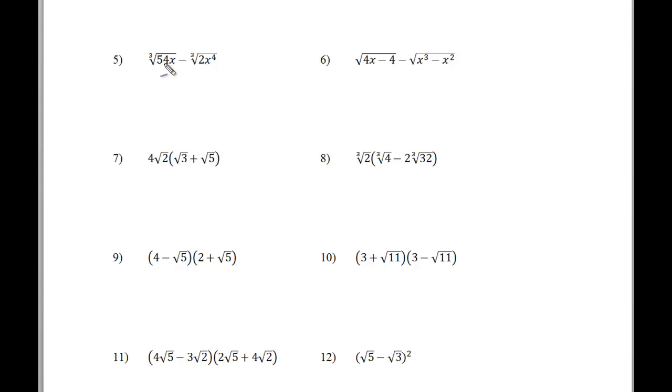Is there something I can remove? Well, 54 is dividable into 2 parts, 27 and then the cubic root of 2x. Now you've seen I've taken out the thing that's perfectly rootable and put it in its own cubic root, and the things that cannot be cubic rooted, the 2 and the x, well, they have to be left behind. So the cubic root of 27 is 3, so I've got 3 times the cubic root of 2x